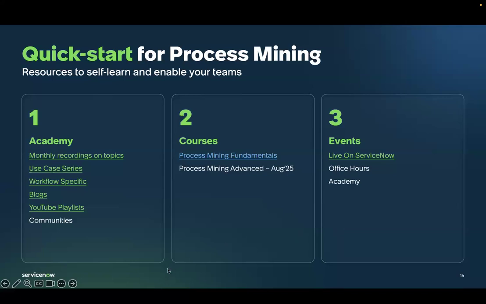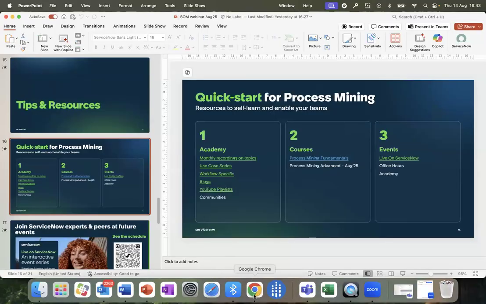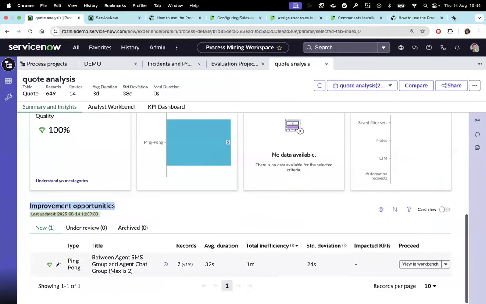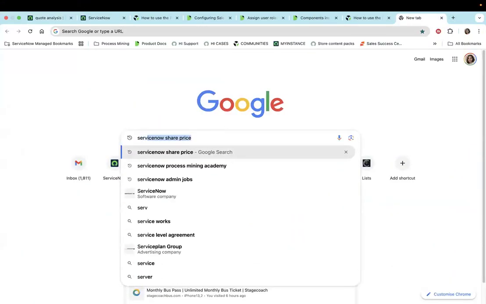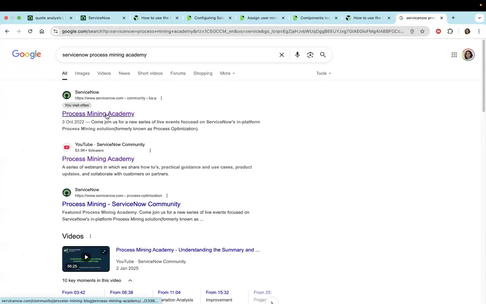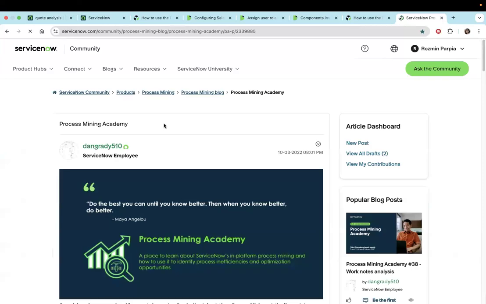Yeah. Thanks, Dan. And just an awareness that Dan talked about, that we have free resources. You don't have to pay for it, but not many people know how to access them. And it's very easy. There are these links here, and even if you don't have the links, you just have to go and Google them. So if you type ServiceNow Process Mining Academy, which is the keyword here, then you land on a page which is essentially a gold mine for you.